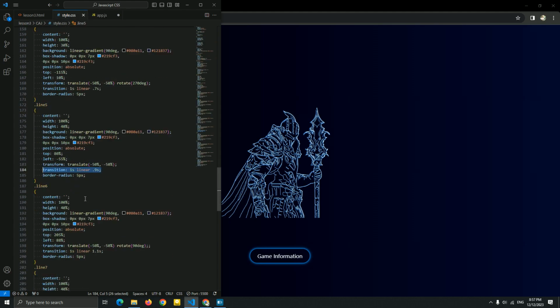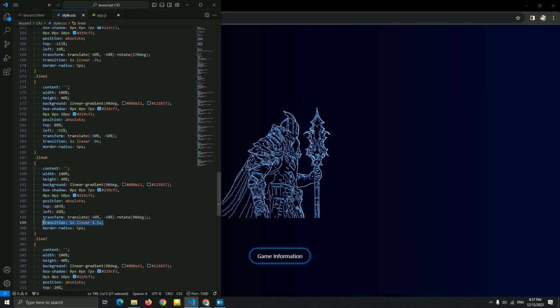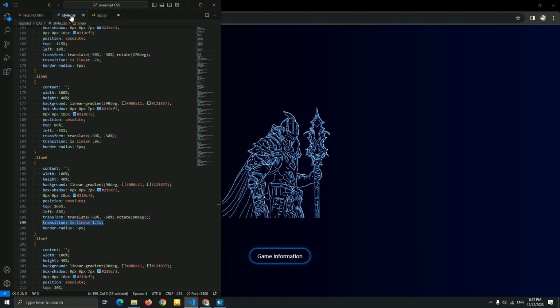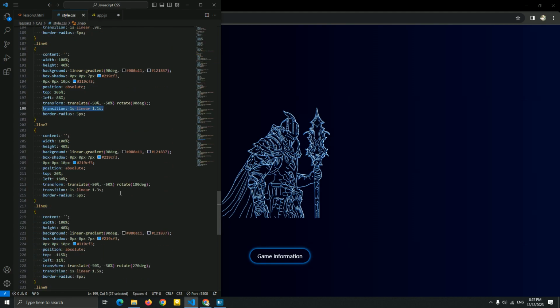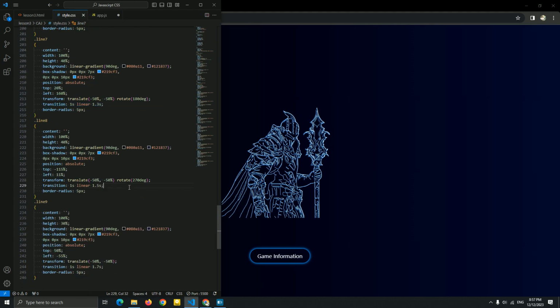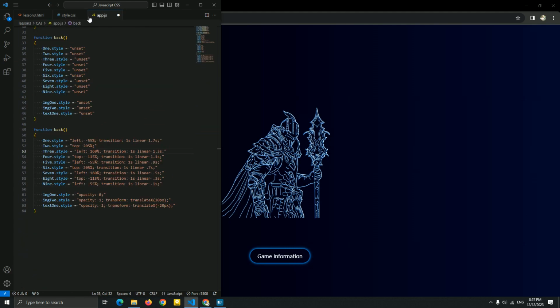Okay, which is the 5, 5, same, no need to change it. And for this 6, be 4, which is a reverse of the transition, guys. Just like I said, just a trick and need to think what you need for this Java CSS of the animation. I just reverse of the transition, and instead of using the same transition for this, and the line 8 be a line 2.